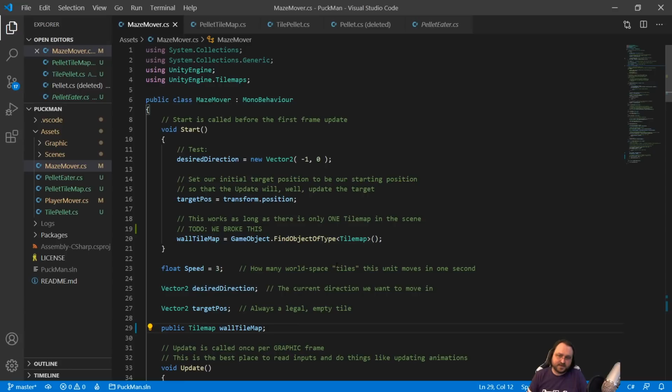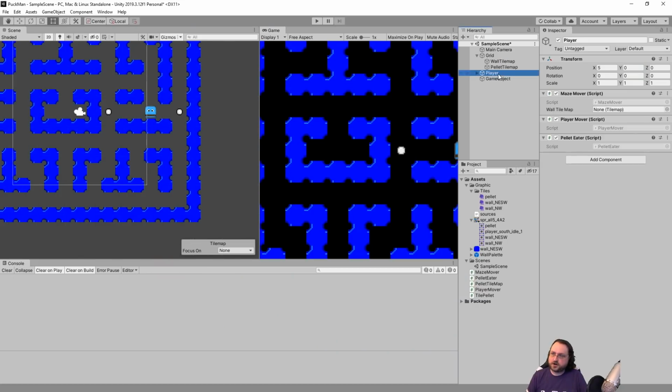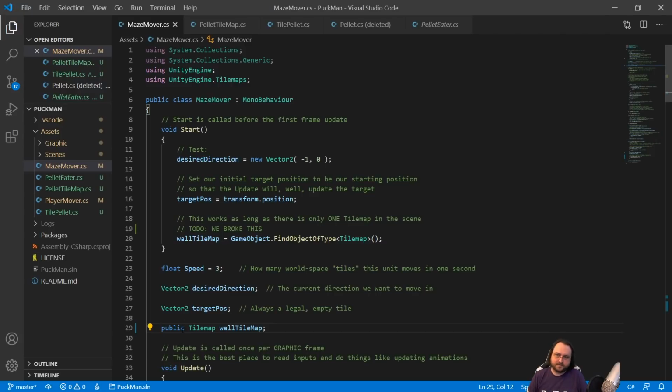They'll set this to public, right? And then on our player, we expose the tile map, we can link it in there. Boom. So now this is going to be set to the right one. The problem with this is